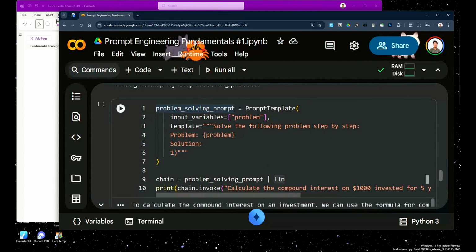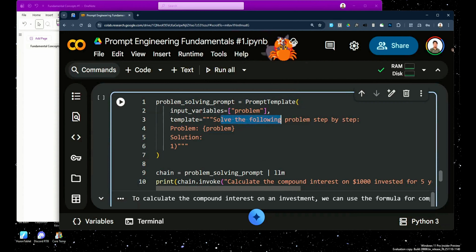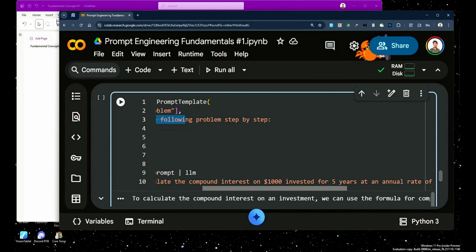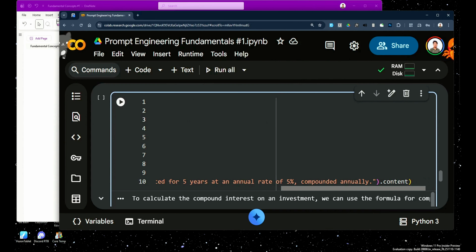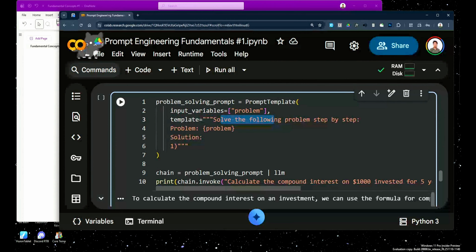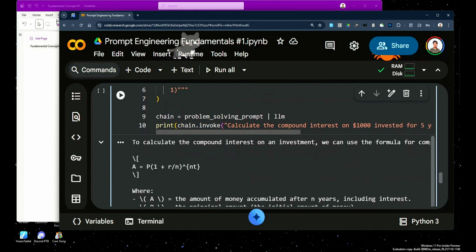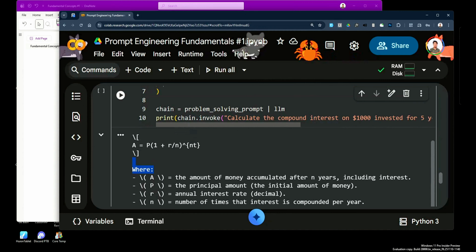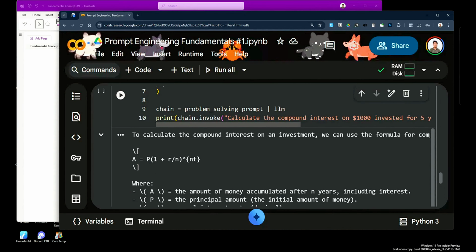Again, another code I have is where I am asking him to solve a problem step by step. And the problem is: calculate the compound interest on $1,000 invested for 5 years at an annual interest rate of 5% compounded annually. Now, mind it, I asked him for the step by step solution. And here it is. That's why prompt engineering plays a crucial role. It would have given me a straightaway answer, but when I asked him step by step, it gave me